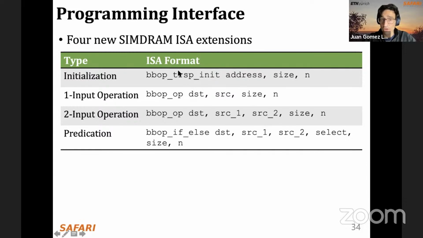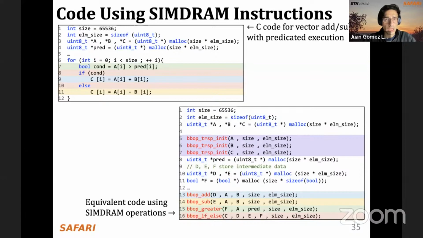Remember that we have specific instructions for initialization or for predication, and then we also have instructions with 1 or 2 input operands that are configurable. Let's say we can create different arithmetic operations or even more complex ones. And we covered this example here where we saw how to compile or how to translate some C code, high-level